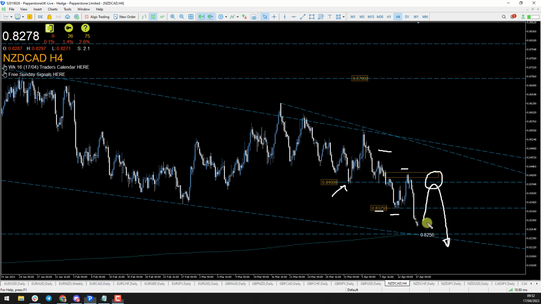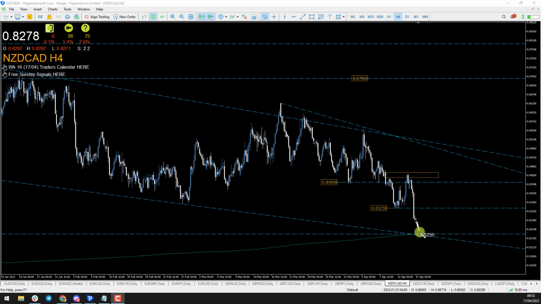Alternatively, we've got this 0.8325 handle as well. So price may only come back up a short pullback, maybe look for the reversal patterns in and around there, and maybe we could look for a very short term, so maybe favouring more day trading moves at the moment, for a move down into that 0.8250. Like I said though, if price was to get here first, I think that would negate the trading idea to an extent,